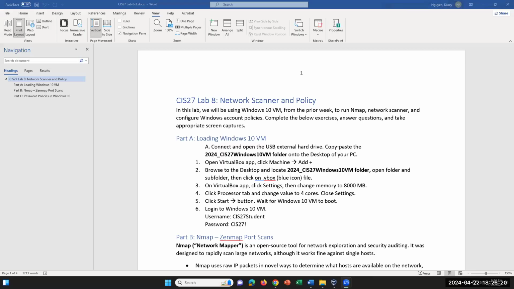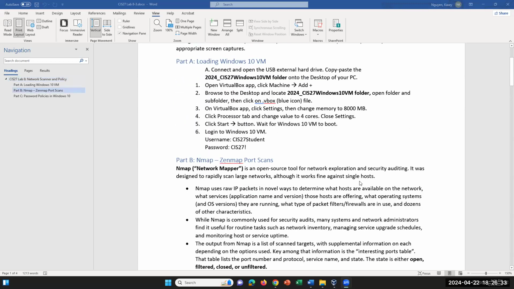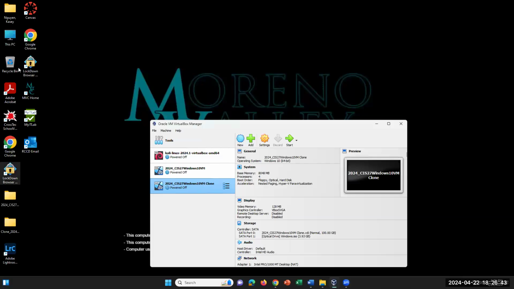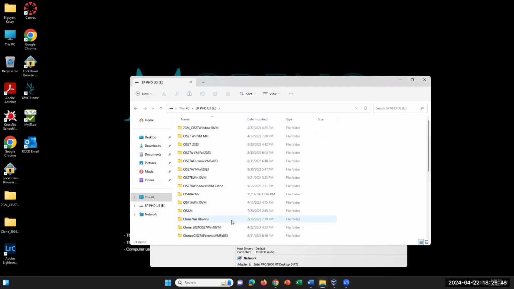Okay, so we're gonna do lab 8 today. You are going to need a drive for your Windows virtual machine. You can do this on your regular PC. If you want to install Zenmap and do a little bit of practice, just make sure that you read the requirement for the installation. So if you have your external hard drive, go to this PC, plug your drive in,